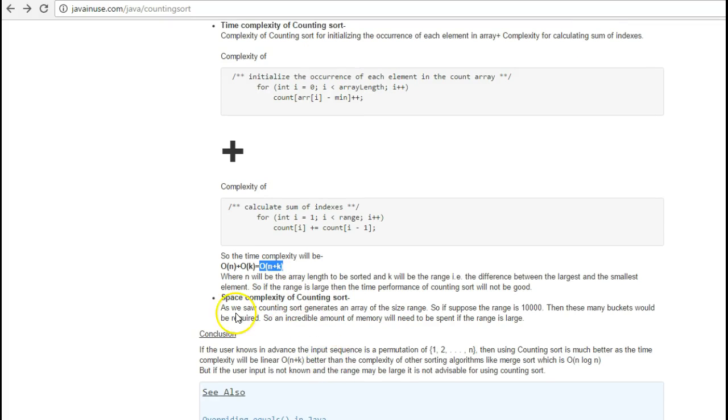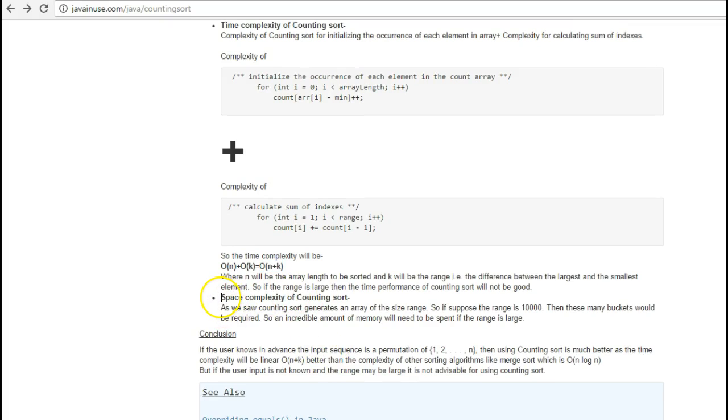The first will be the length of the array, suppose it is n, then it will be O(n), and calculating the sum of the indexes will depend upon the range, that is the difference between the minimum and the maximum value, so that will be k. So this will be the time complexity O(n + k) for the counting sort.